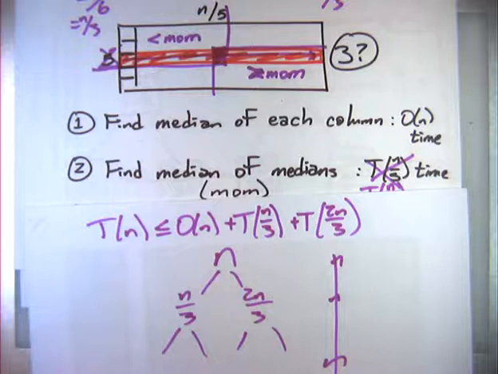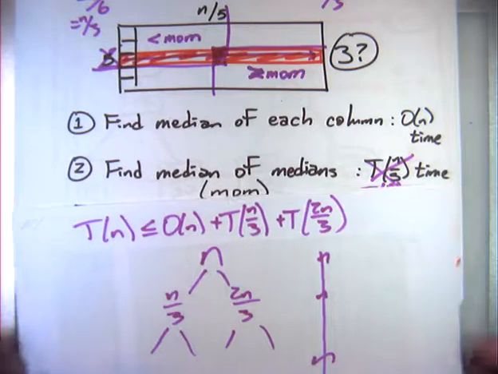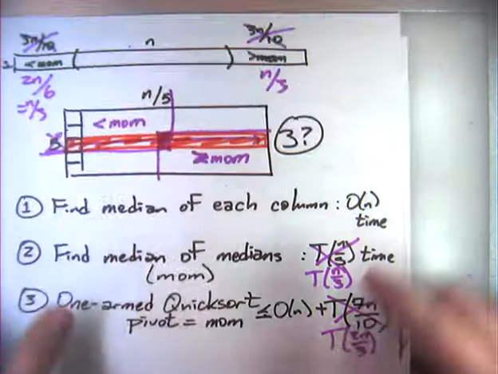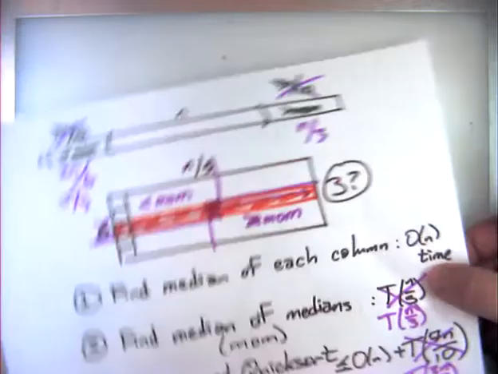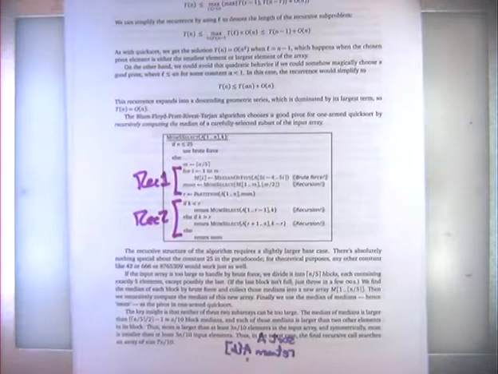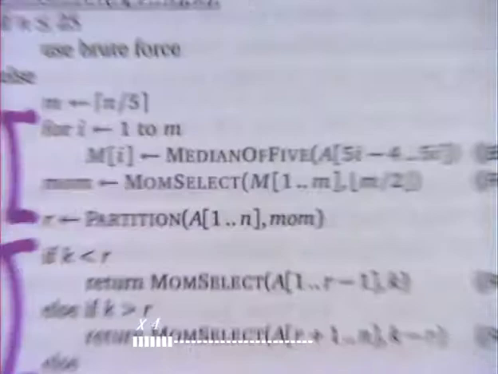Now, if I plug in 7, it works. If I plug in 9, it works. If I plug in, in fact, any odd number bigger than 3, it will work. And even if you're very, very careful, you can make it work with 4 or any larger even number. But then the analysis is nastier because the things are unbalanced. So that is how, in theory, one actually makes Quicksort run in n log n time.